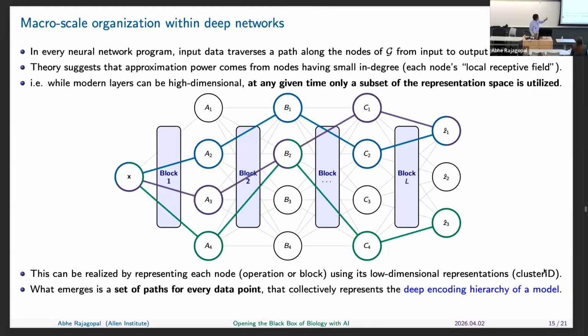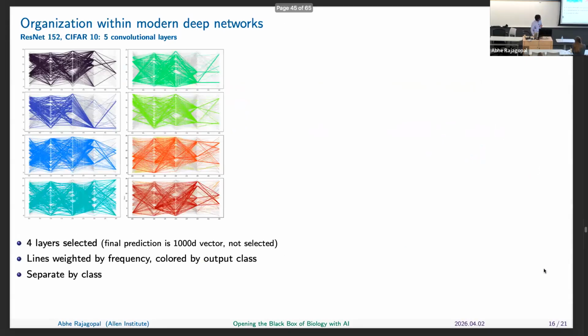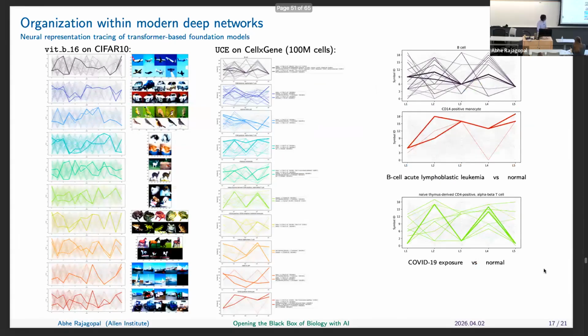Yes. So each item here is like a part of the representation space at that layer that's being activated. When we look at these traces, it really is that part of the representation space. And it's not all of them. It's a really specific small portion where we have data density. Yeah, and it's the same layers or the same nodes. The y-axis basically has been remapped in some sense. Yeah, exactly.